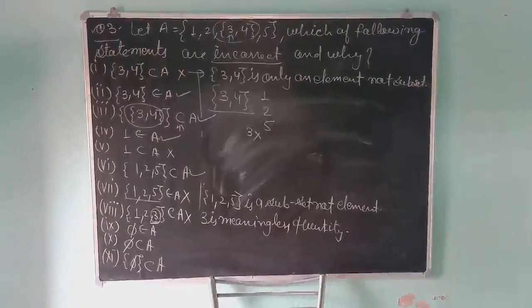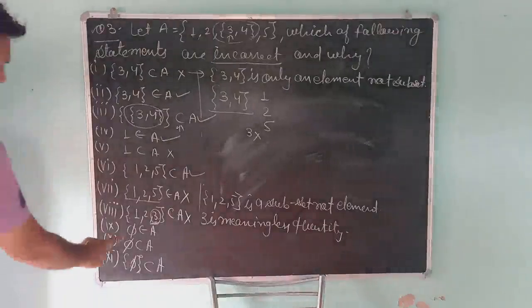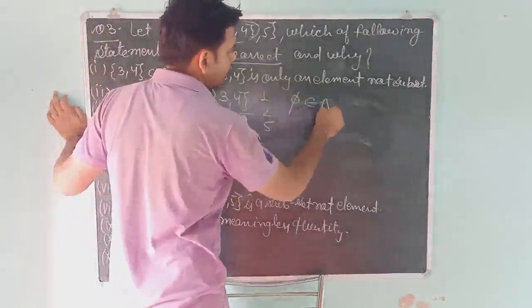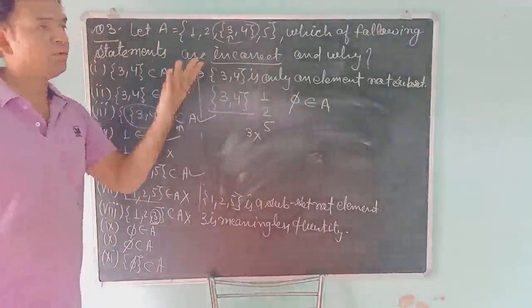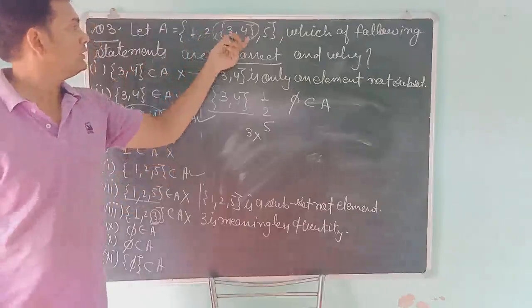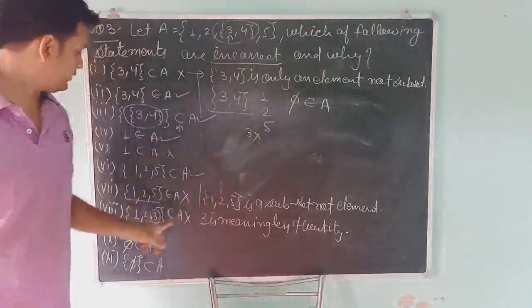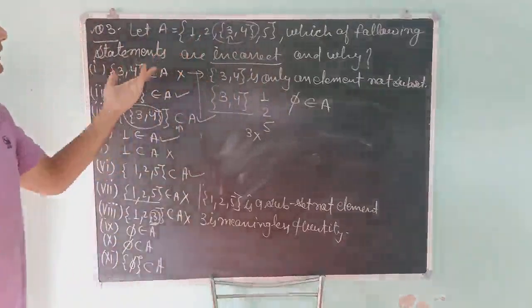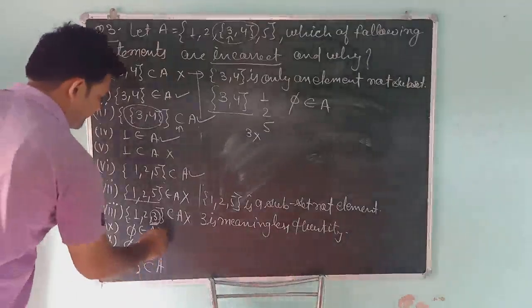Okay students, now we will talk about question number 9. 5 belongs to A. According to the question, we have 5 belongs to A. That means 5 is an element of A. Here we have only 4 elements, 1, 2, 3, 4 with bracket, and 5. Here we have only 4 elements. But according to this question, 5 is also an element of this set. I can see that there is not any 5. 5 is not an element. So this is a false statement.